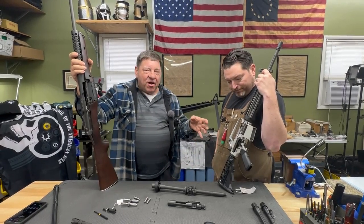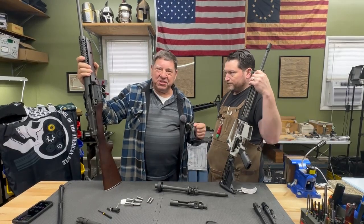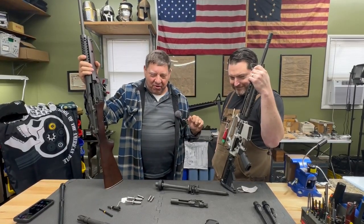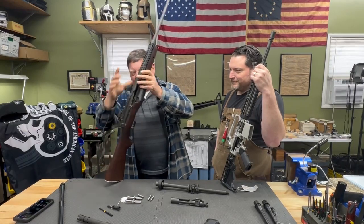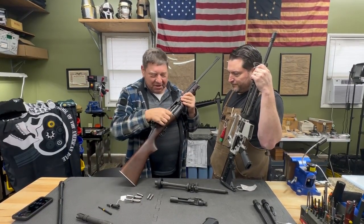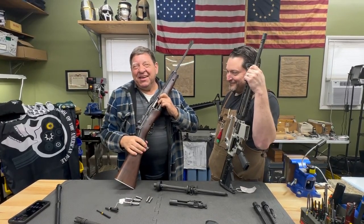All right, so I'm of the opinion that most rifles, when you can get away with it, should be run so slatheringly wet that there's a cloud of oil coming off of it. And I personally like having clouds of oil come off, say for instance, when I go to lubricate my Johnson. So as you can see,